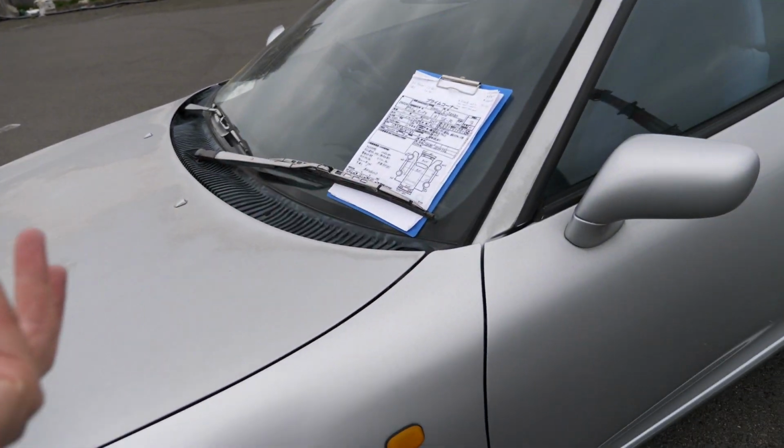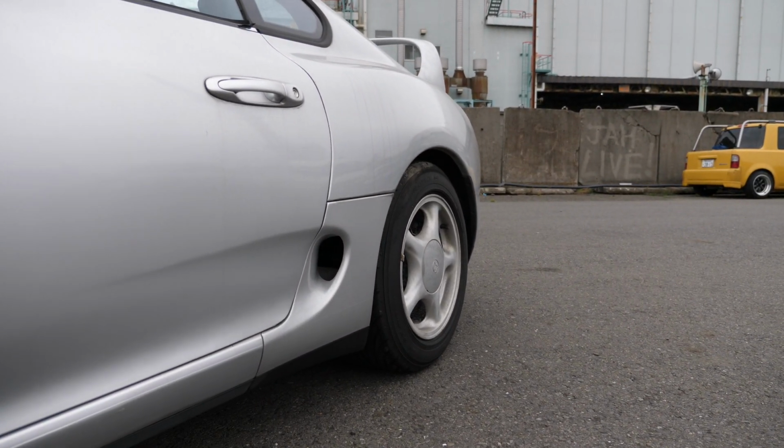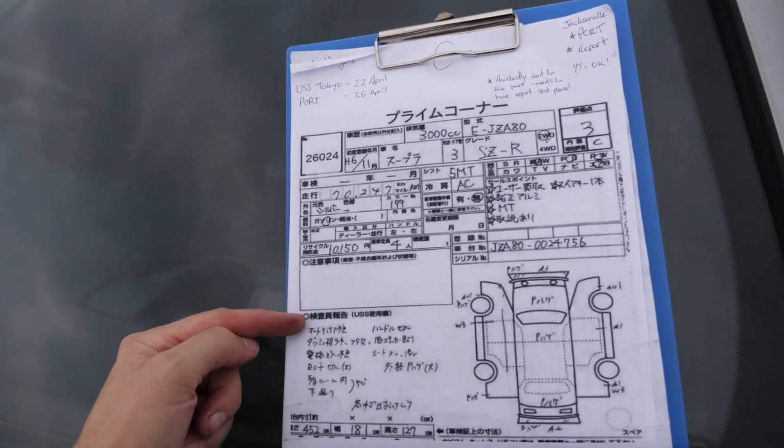I mean, wheels can be replaced with the stock ones if you want, but one that comes with the original stock wheels, it's not the coolest look ever, but it's an unmolested, completely untouched Supra, which is really cool. The report here,